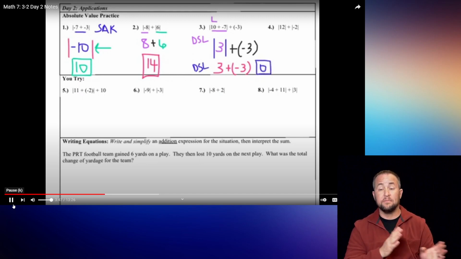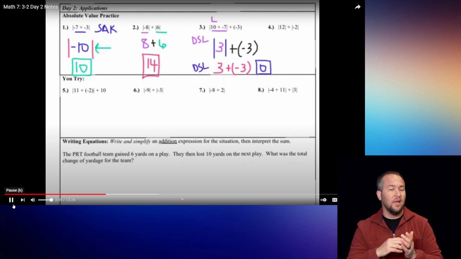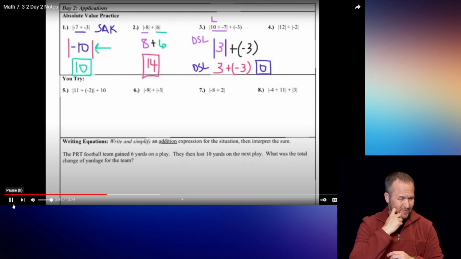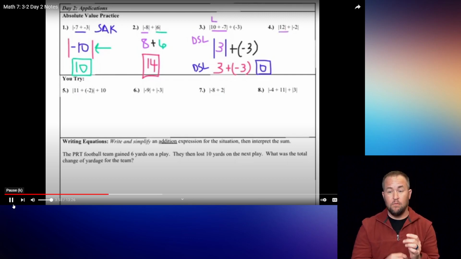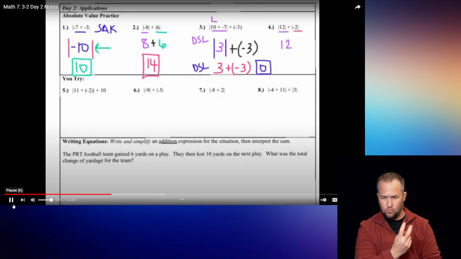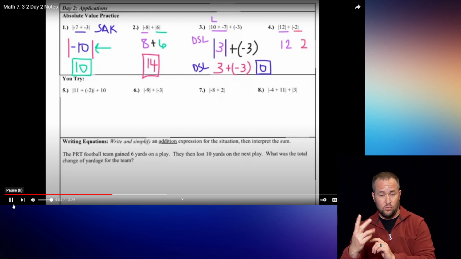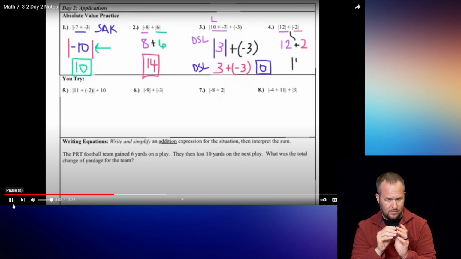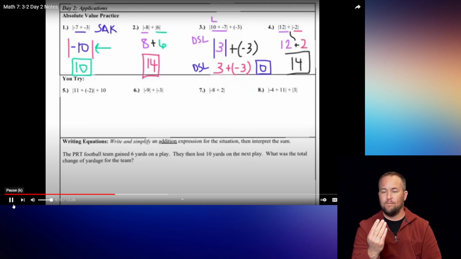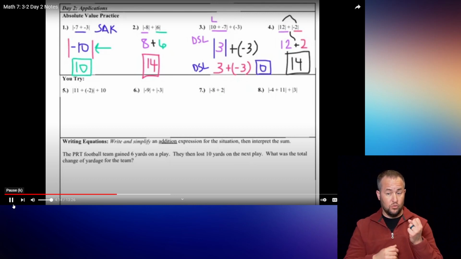Okay, the next one, example 4, is very similar. So the absolute value bars are around individualized numbers. So right here, the absolute value of 12 is still 12. And the absolute value of -2 is 2. And our last step is to bring down this sign. So I have a plus sign in between the 2 numbers. Then I add them together. Final answer, 14. Now notice if I were to add these 2 things together first, they're different signs, so I